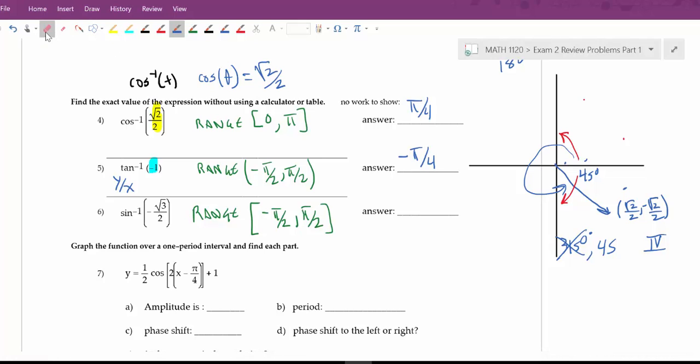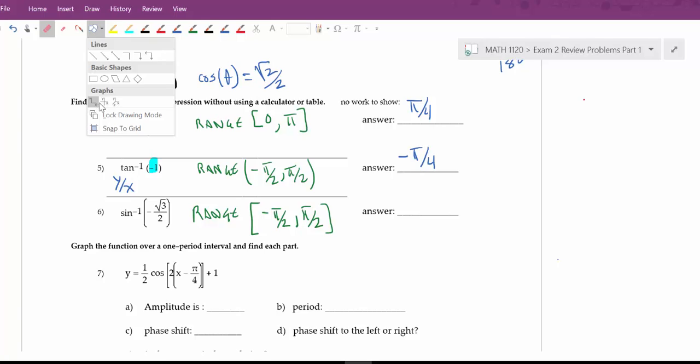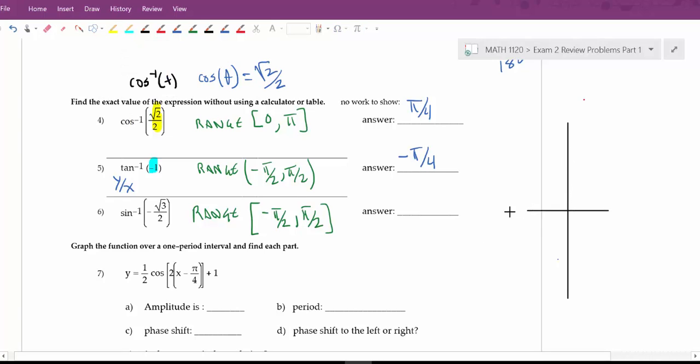Okay, so let me erase this, and now let's look at what we got going on with the inverse sine here. Let me erase that whole thing and start over again. I'm just going to make a unit circle diagram again to kind of reason this out. So here's what you do, basically. We have a negative value. The range is from negative pi over 2 to pi over 2. So we're either in quadrant 1 or quadrant 4. We're going to be in quadrant 4